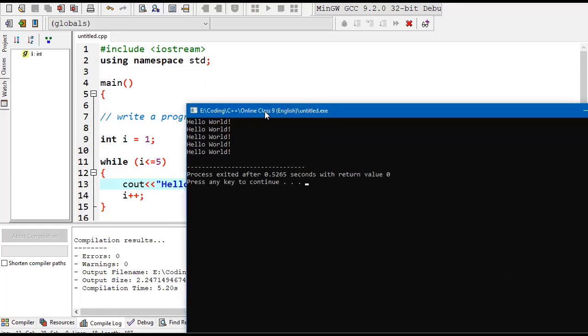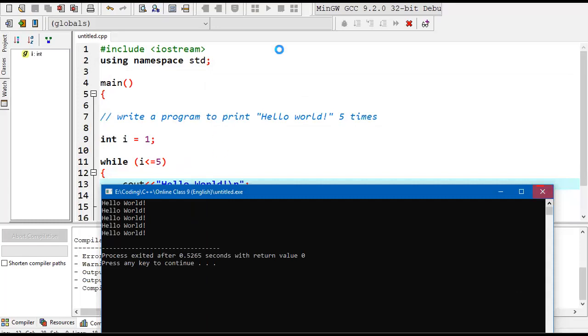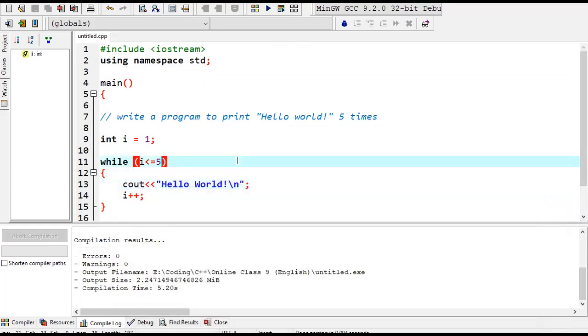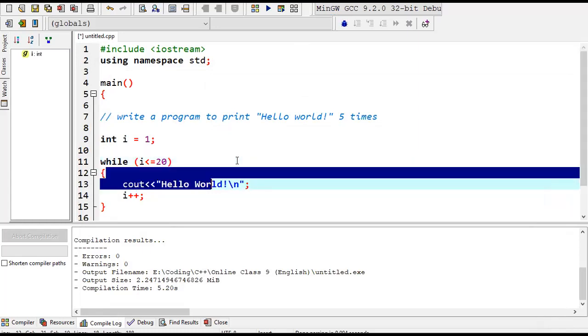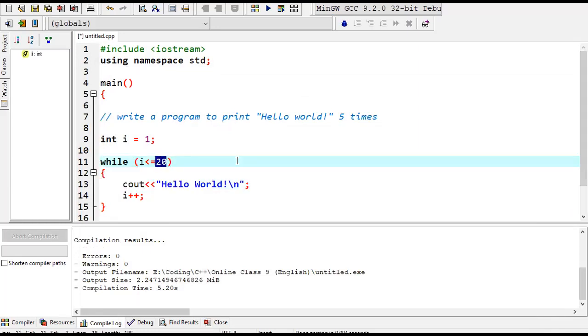I've printed hello world 5 times. Now you can change this value, right? If I want hello world to be printed 20 times, just change this to 20. If I want it to be printed 1,000 times, just change the 20 to 1,000. But now I don't want to make this program a heavy one, so let's just print the hello